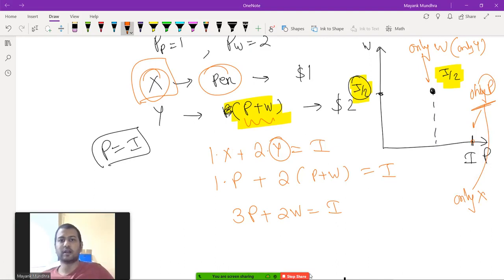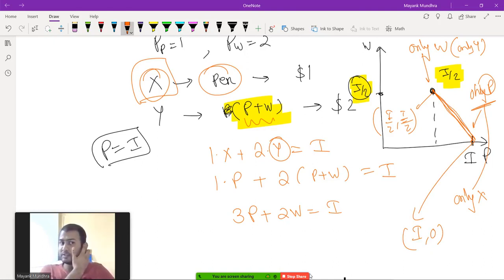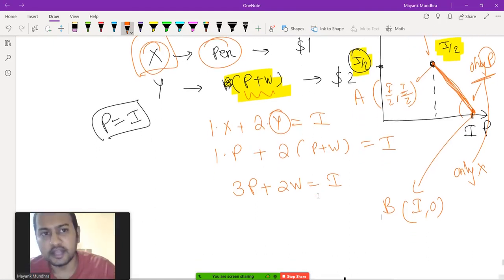So when I connect these 2 points, I'll get my budget line. This point is I by 2 comma I by 2, I by 2 amounts of VTs and I by 2 amounts of pen. This point is I comma 0, I amounts of pen and no amount of VTs. So I want to find the slope between these 2 points. This is point A, this is point B, I by 2 comma I by 2, and I comma 0. So the slope of the line segment AB